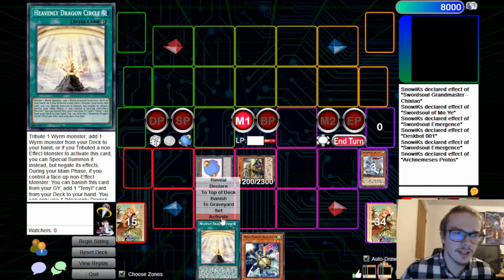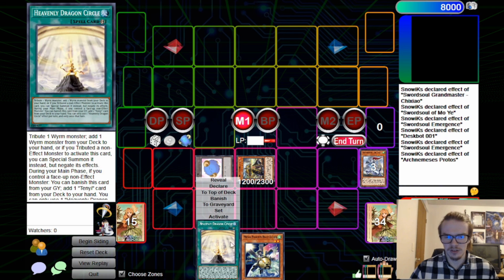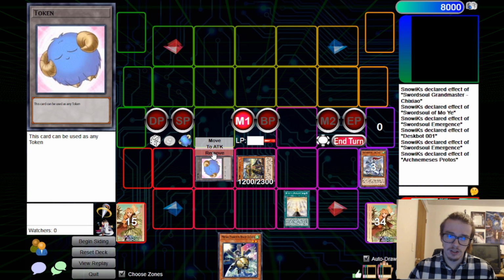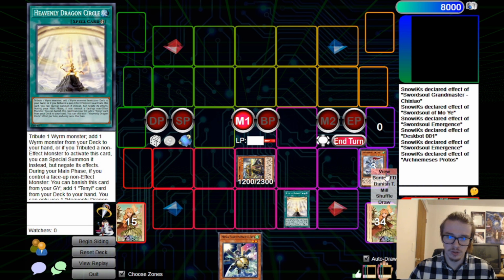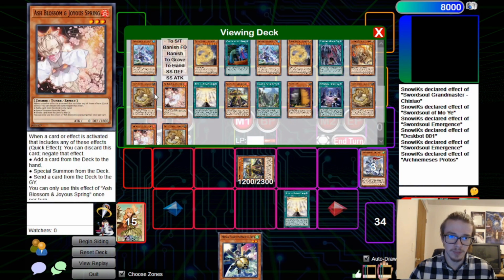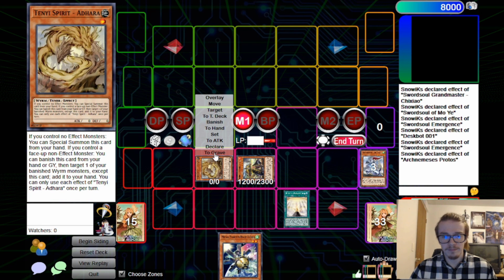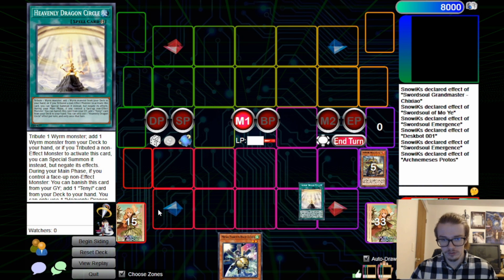And now we could technically go Heavenly Dragon Circle if we wanted to tribute something in order to special summon something else out, potentially. Like, for example, a worm monster. In fact, I'm going to do that. I'm going to remove this token, and we are going to special summon out a and at heart. And now at this point, we will send both of these to the graveyard in order to